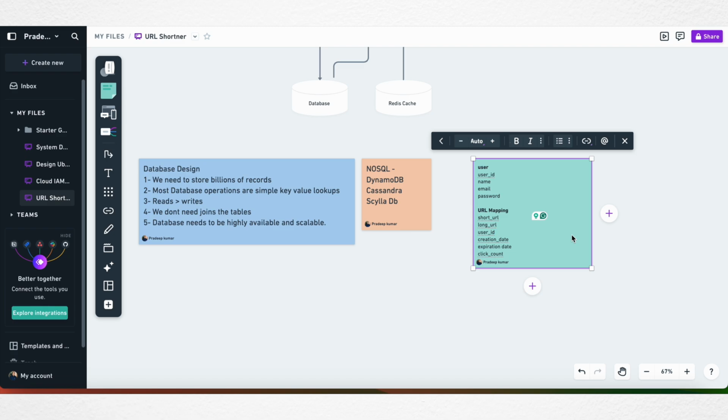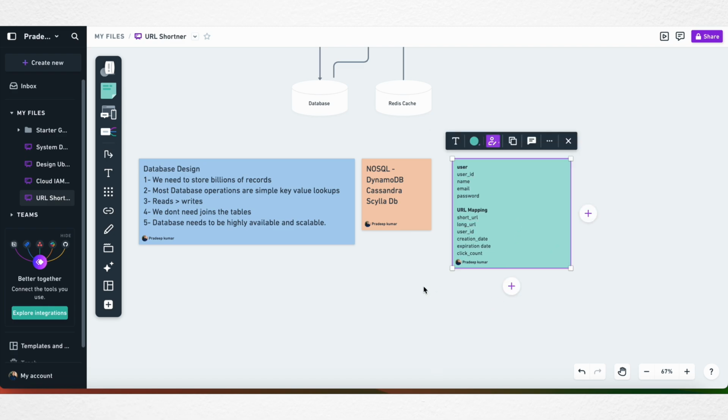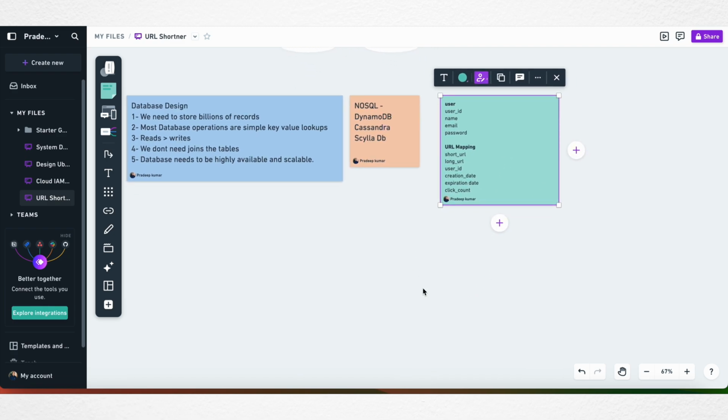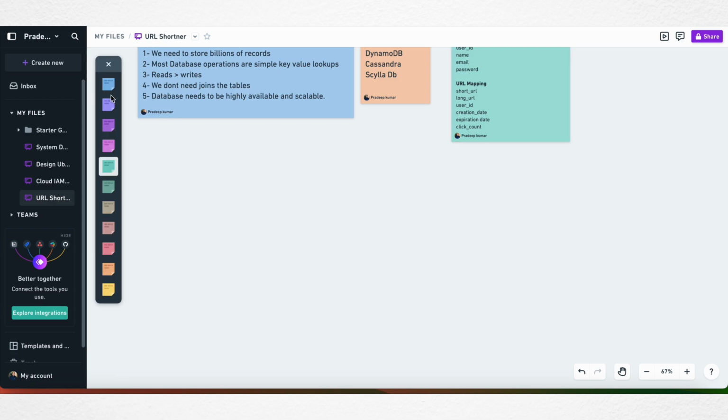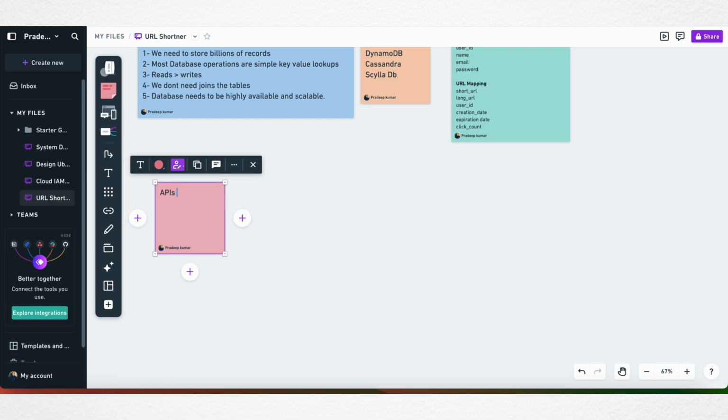Now let's talk about the API design. So simply, if we go with the APIs, the first one will definitely be the URL shortening API, or